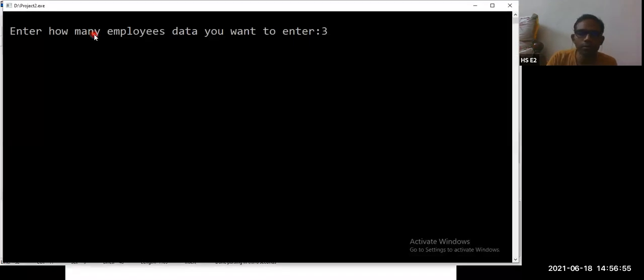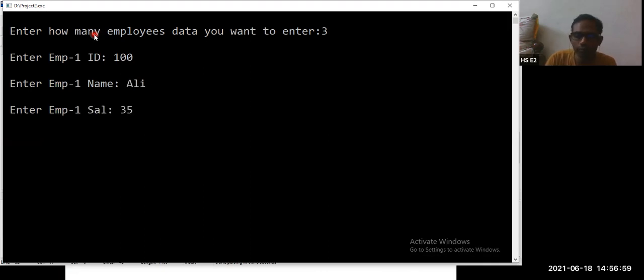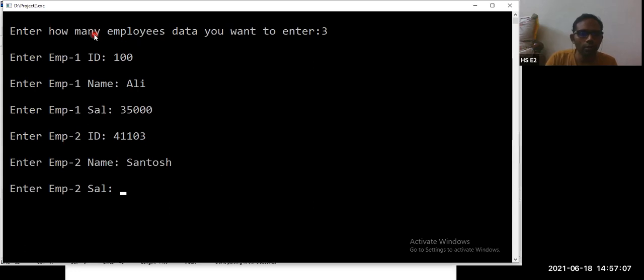So enter 3 employees' details: 100, Ali, 35, 13. Employee ID 41103, Santosh, salary 65, 13, and one more employee.